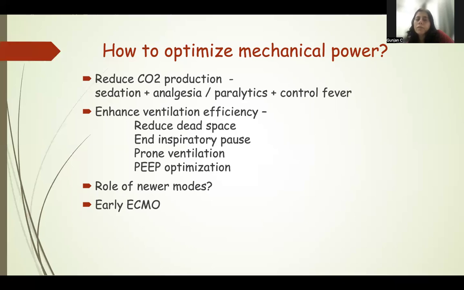Why? How can we enhance this? By reducing our dead space, by giving a little end inspiratory pause so that the flow is a little lower, by recruiting more with prone ventilation and with optimizing our PEEPs. Do we have a role for newer modes? Yes, let's see which newer modes can help us optimize the mechanical power and when to use ECMO based on